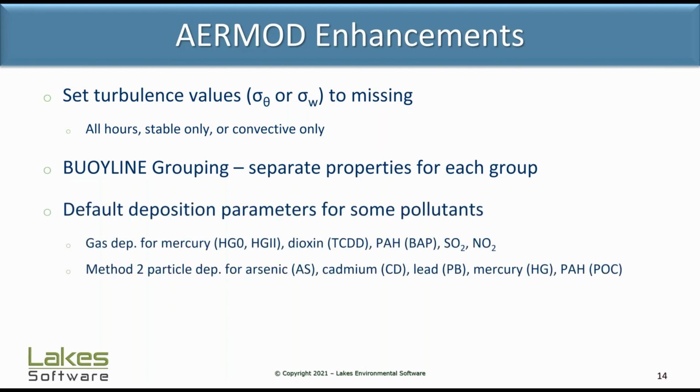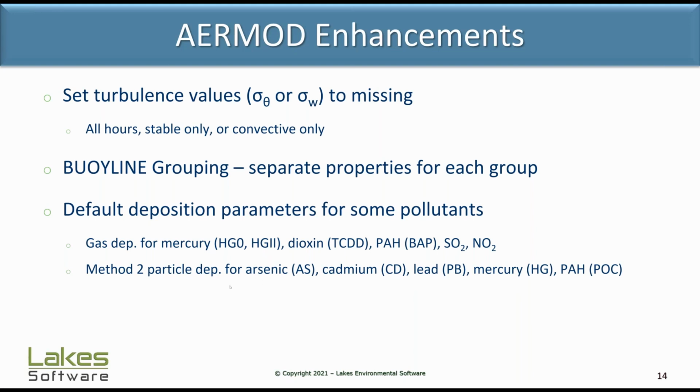The deposition abilities of the model have been expanded a bit in that some default deposition parameters are now included for special pollutants. So if you're running gaseous deposition, elemental and divalent mercury will have some default parameters, dioxin in the form of TCDD, PAH as BAP, sulfur dioxide, and nitrogen dioxide. All you would need to do for these parameters is, when you input them, such as the diffusivity, Henry's law constant, etc., you would input values of 0, and then using the specified pollutant ID, the model can insert the